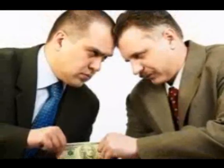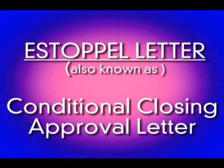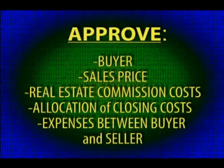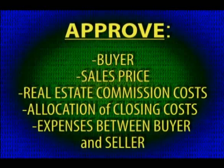Finally, after several weeks of negotiations with your bank, we typically receive from your mortgage company something called an estoppel letter or a conditional closing approval letter, which sets forth the terms and conditions of the sales and the closing transaction. Now, this letter will itemize and approve the buyer. It'll approve the sales price, the real estate commission cost, the allocation of closing cost, and the expenses between the